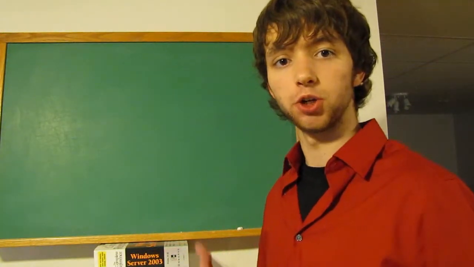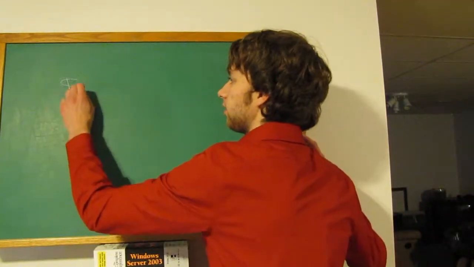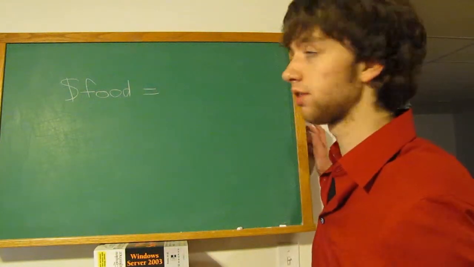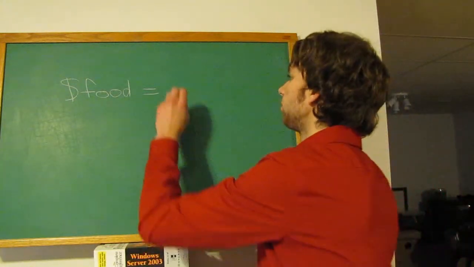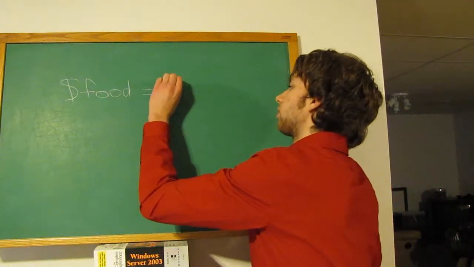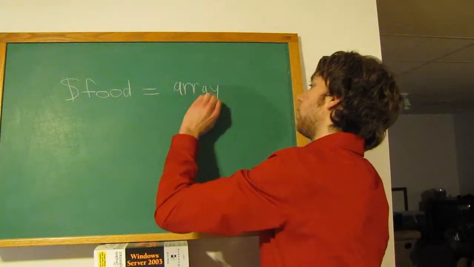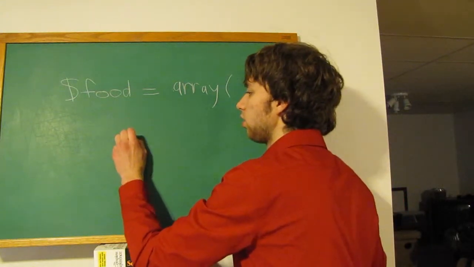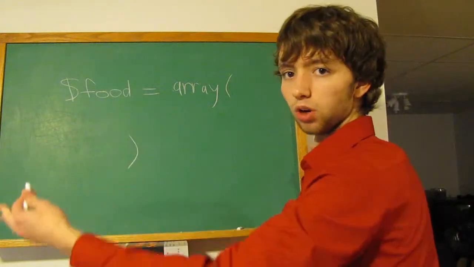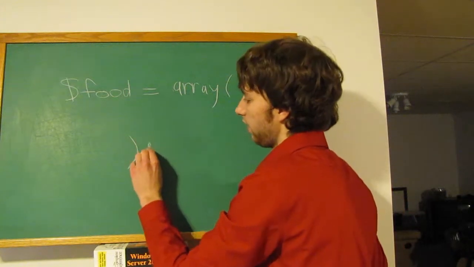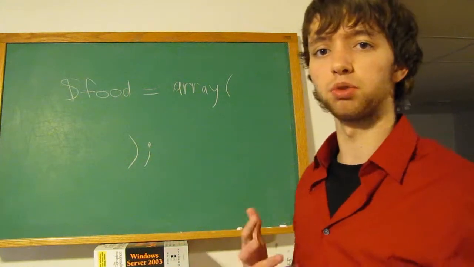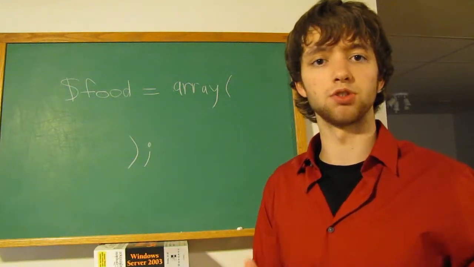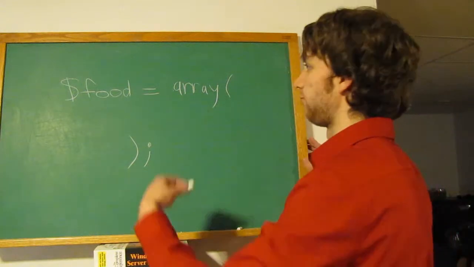To do this, we create a normal variable, so we could say food. And then we assign a function to this. And I know we haven't got much into functions, but just follow. And we could say array. And then we open a parentheses, left parentheses, and then we can close the parentheses and allow us to write whatever we want. And then add a semicolon. And then everything within the parentheses is separated by commas, and each one separated by comma is a new entry into the array. So food could be,